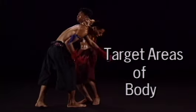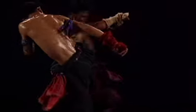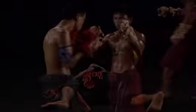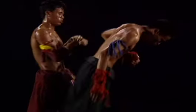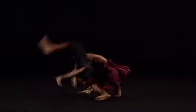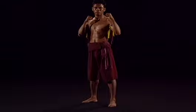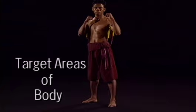Knowledge of the principal target areas of the body is vital to effective attack and defense, both in training and actual combat. The principal target areas are